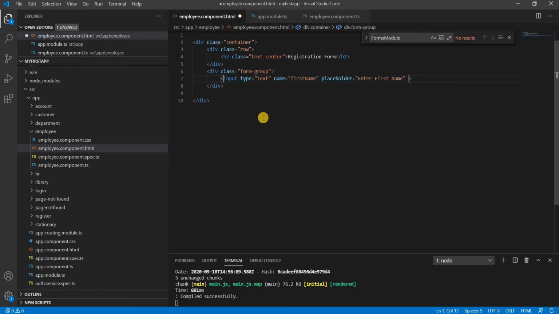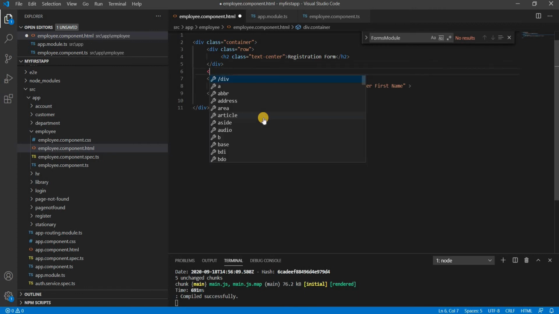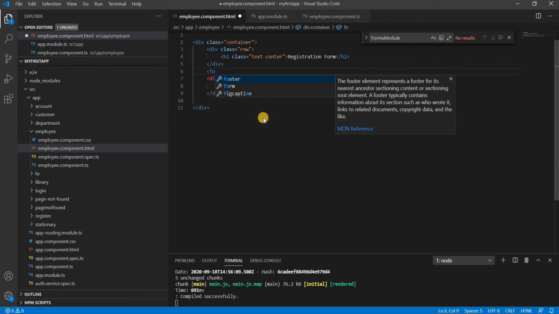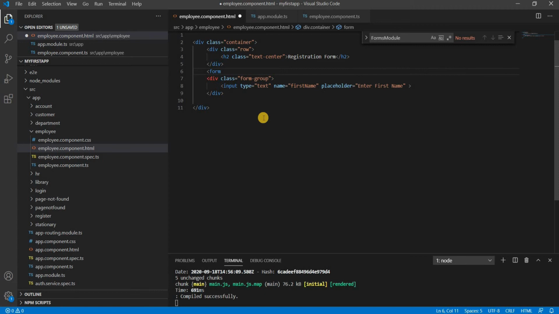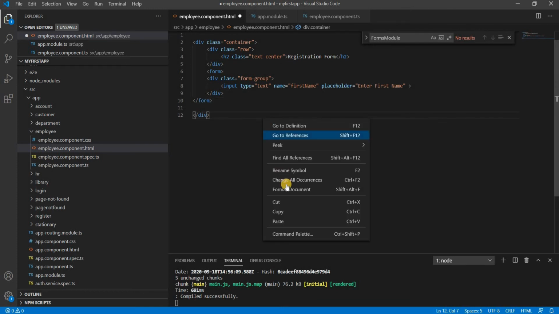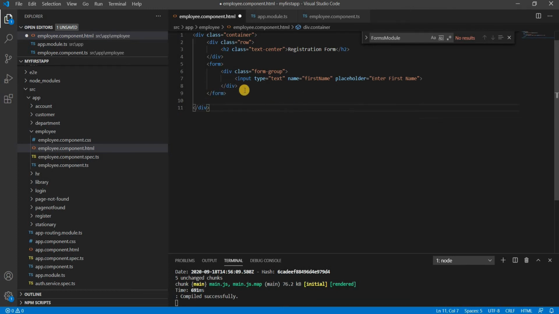So friends, we have to create a form tag, and just format it, and create a button.